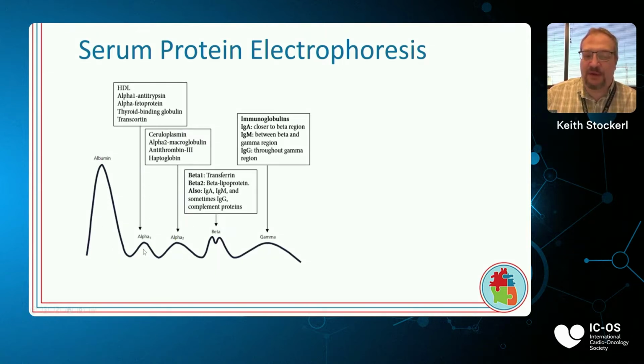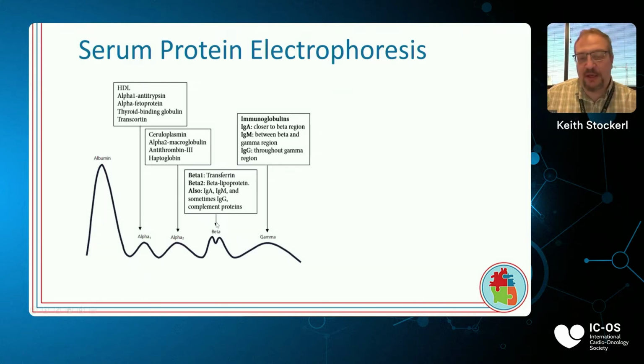And then these peaks are labeled by their position and Greek letters, so alpha 1 and alpha 2 spikes, beta 1 and beta 2, which sometimes merge into one or have separation depending on the method that's used. And then this kind of broad spike at the end we call the gamma spike. And the majority of the immunoglobulins will show up in the gamma spike, but they can, especially IgA, show in